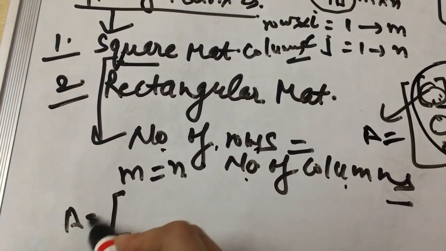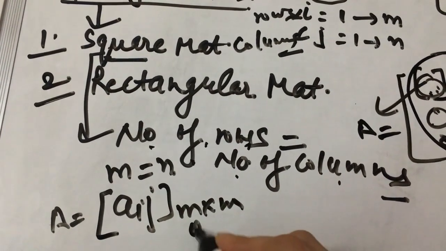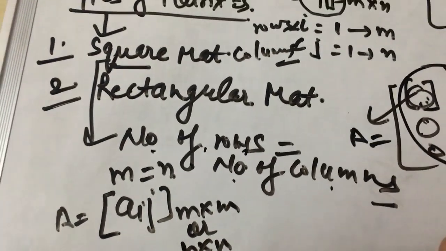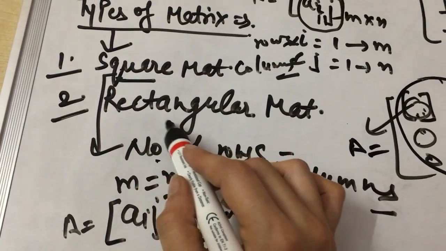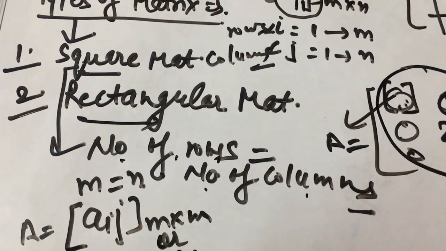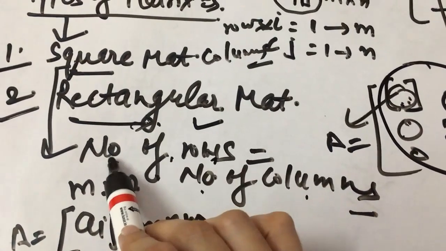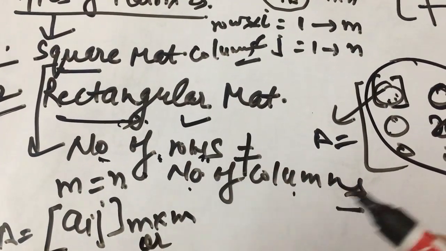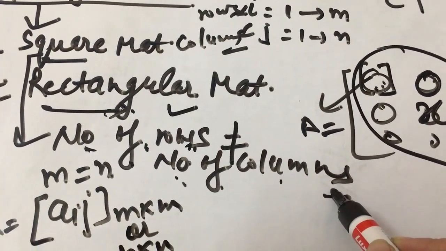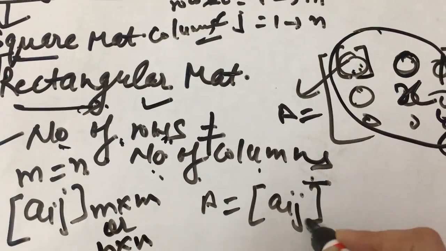So I can write its elements as a_ij, m cross m or n cross n. Clear? Similarly, a matrix is said to be rectangular if the number of rows is not equal to the number of columns. Hence its general representation will be a_ij,